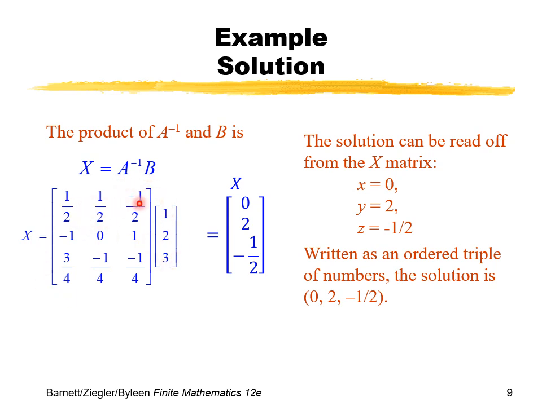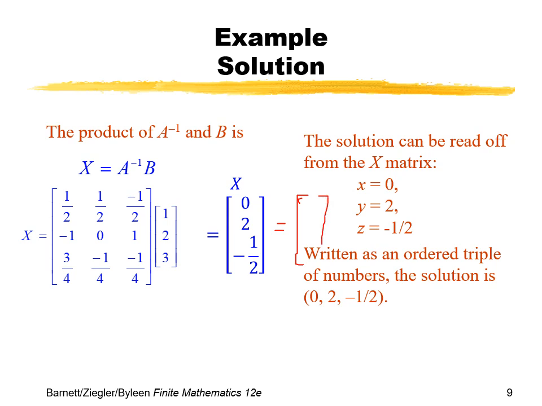We will multiply the first row by the first column to get this element, then the second row times the first column, then the third row by the first column, and this equals the matrix of unknowns, which is